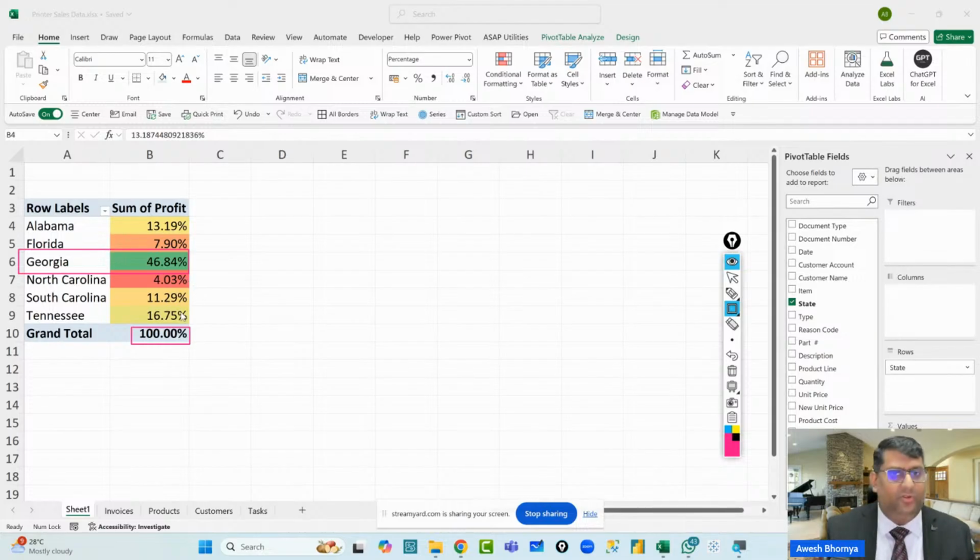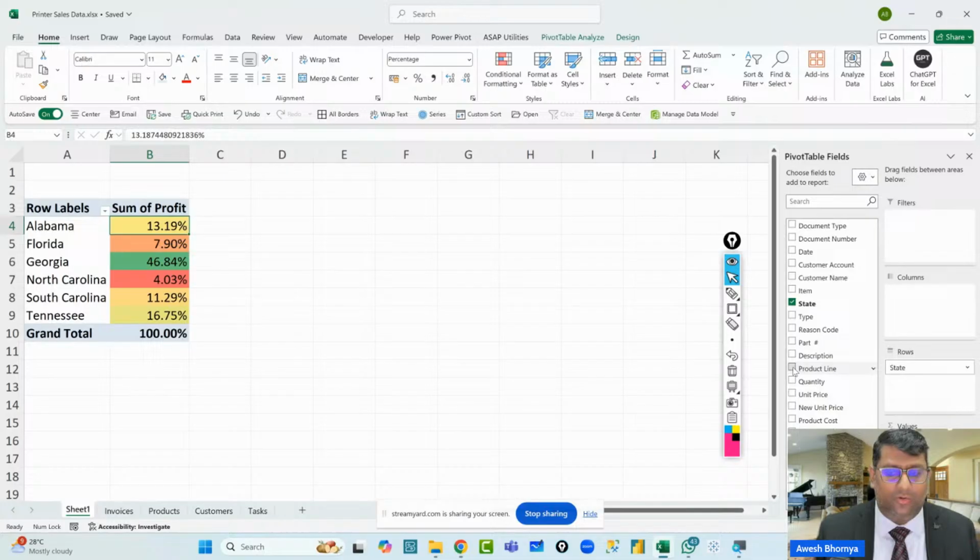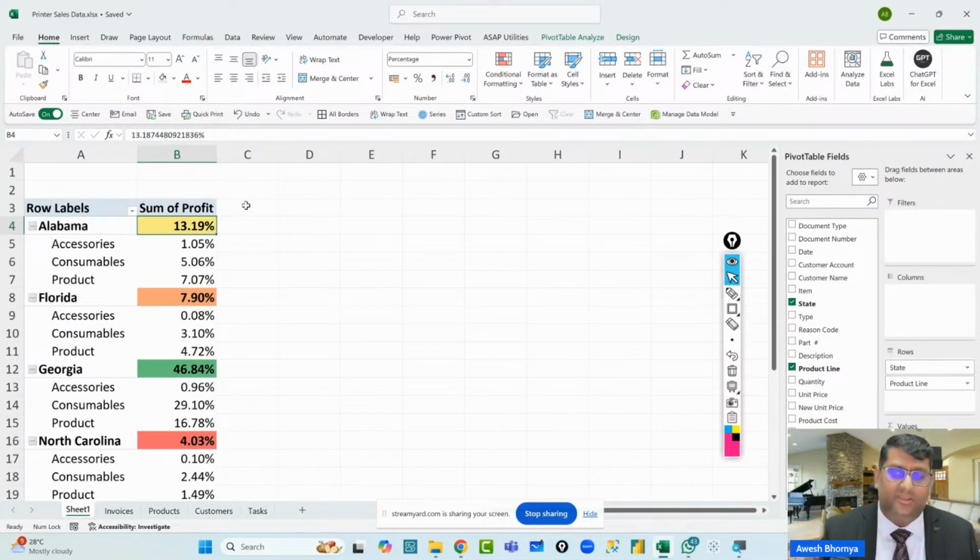The best part about this technique is that if I use any other field as part of my pivot table, it is not going to impact the calculations. The calculation will still be intact and it will still be updated automatically. Let me show you with an example. Let's say I want to see the total profit based on the different product lines. If I click on product line, since it's non-numerical, by default it will go to the rows area. And if there's already a field in the rows area, it will be nested within it.